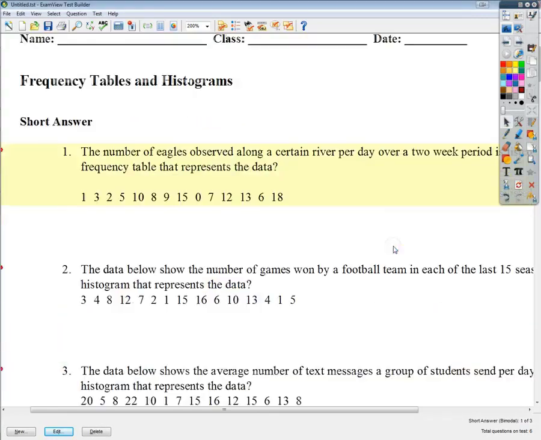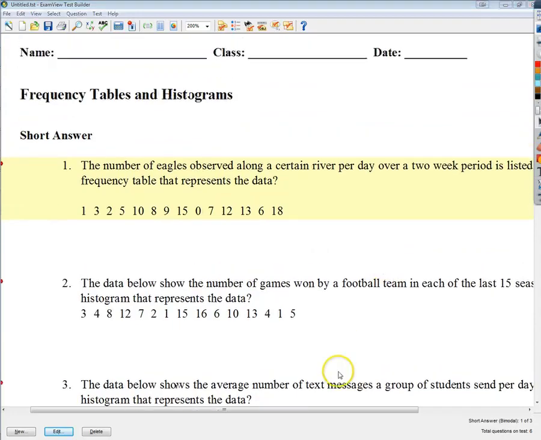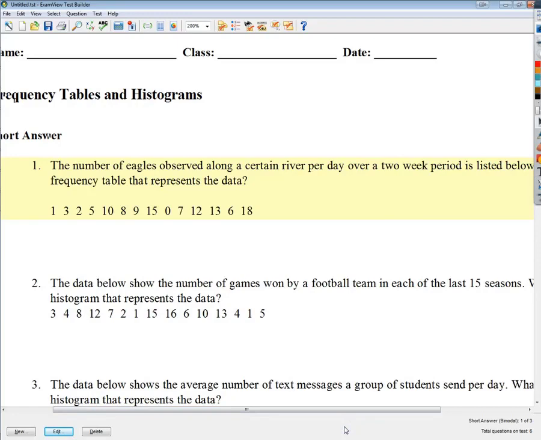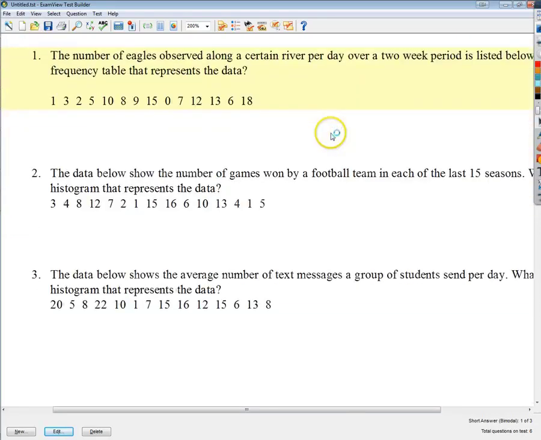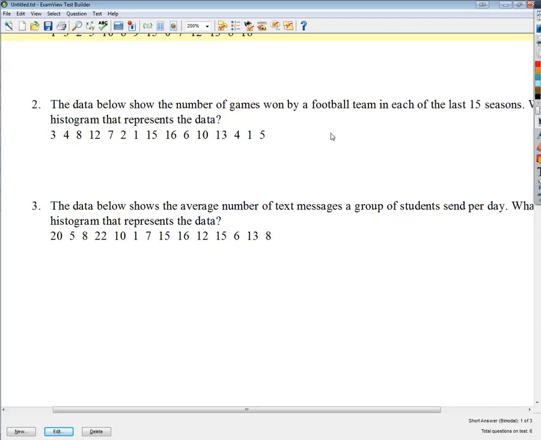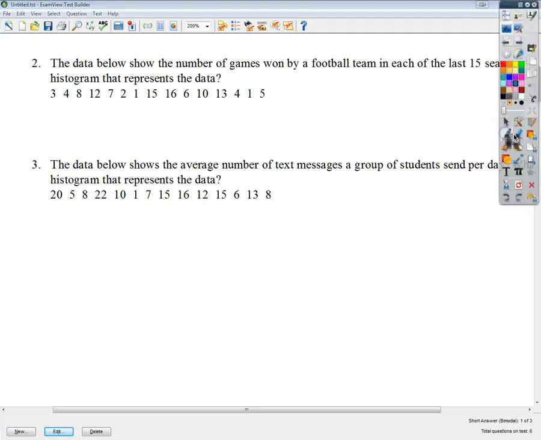Number 2, the data below shows the number of games won by a football team in each of the last 15 seasons. I need to make a histogram. So to make a histogram, you have to start out making a frequency table because they're very closely related. One's just another version of the other. Actually, I might do the data below that shows the average number of text messages a day. That would make more sense just because it gives me more room to work. So I have text per day,